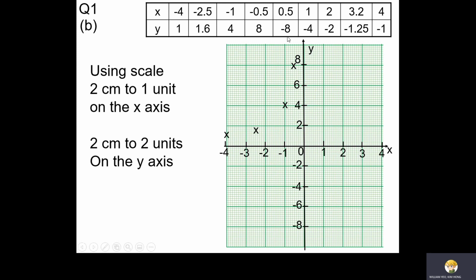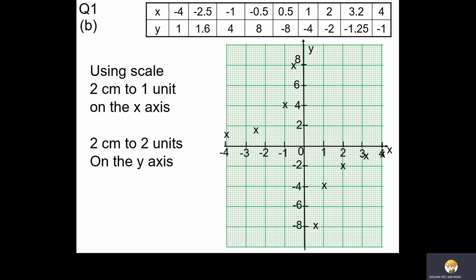Next we move to 0.5, -8. 0.5, -8, somewhere here, right? Then 1, -4. 2, -2 here. 3.2, somewhere here, 3.2, -1.25 somewhere here. Then 4, -1. 4, -1 somewhere here. Once you have all the points plotted, the last step for this part is to connect the points